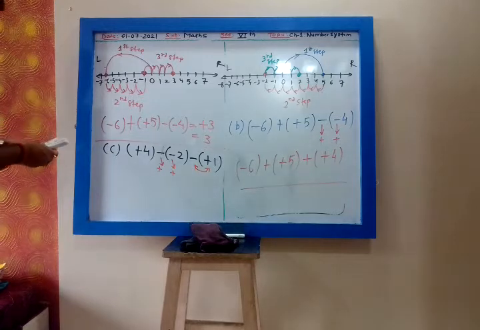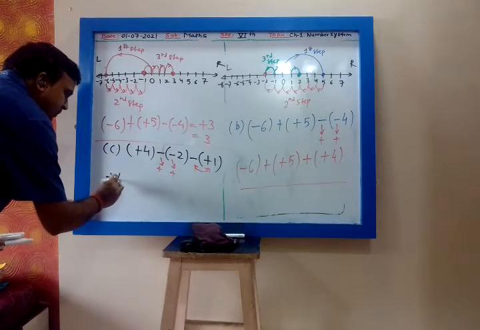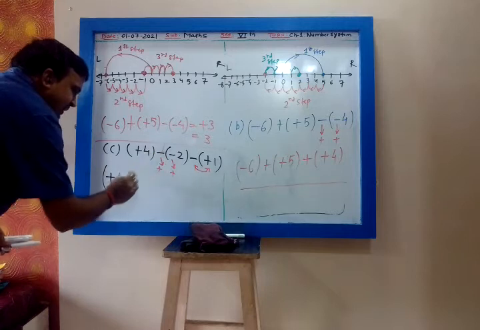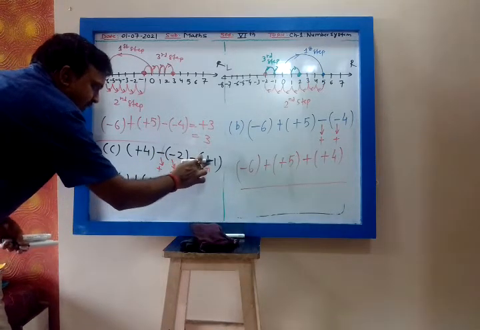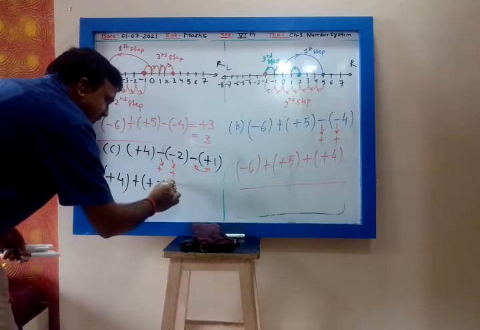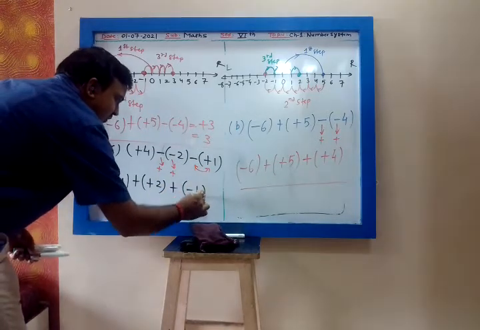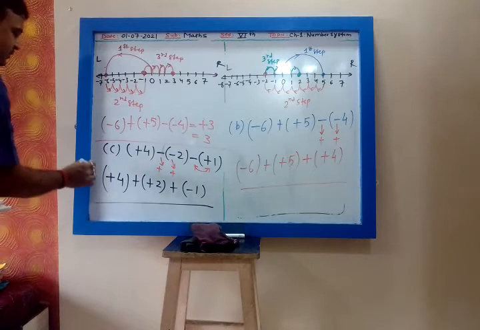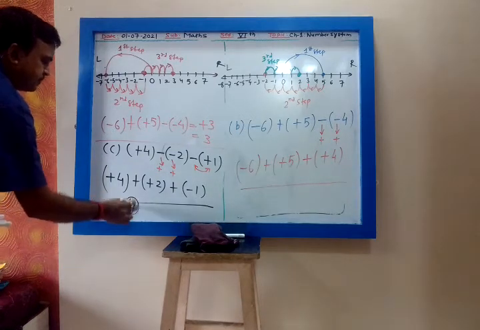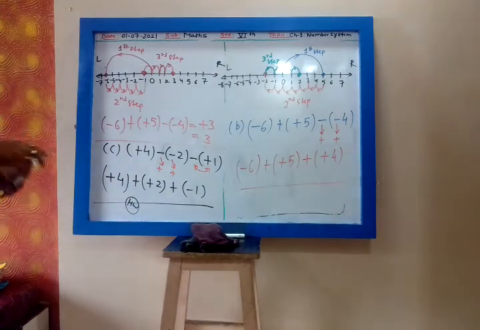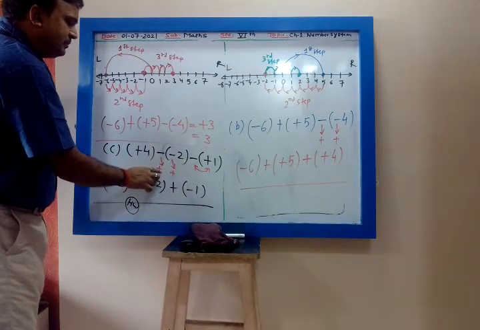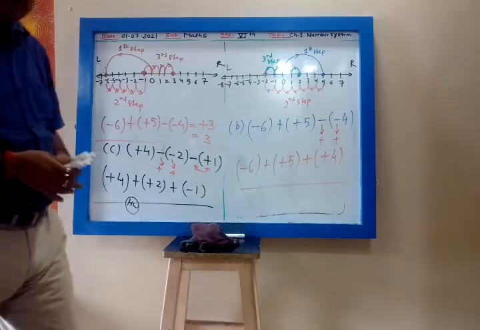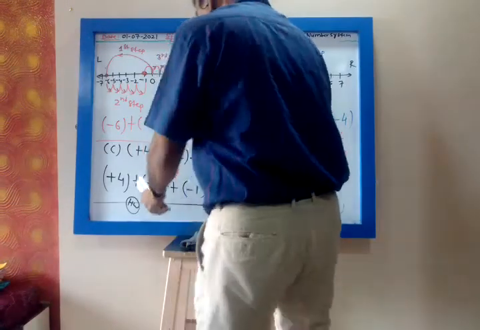So this I will write plus 4, then minus will be plus 2, then minus and plus I have to interchange. That I will write plus minus 1. That's all. Then you solve this further. So further part is homework. Minus and plus we interchange, and minus we replace by plus. That's all. See, one further part is homework.